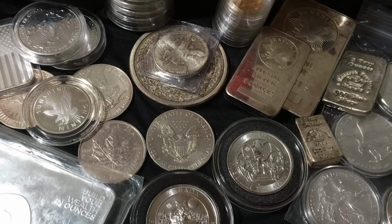I went to the local coin shop. I got myself my very first silver coin, or should I say silver round, but I was so uneducated at the time I was calling it a coin because I didn't know there was a difference. So that was December of 2017. I went back probably a couple days later and I got a little bit more, and then I started ordering a little bit of silver online, go back to the coin shop, get a little bit more, moved into 2018,